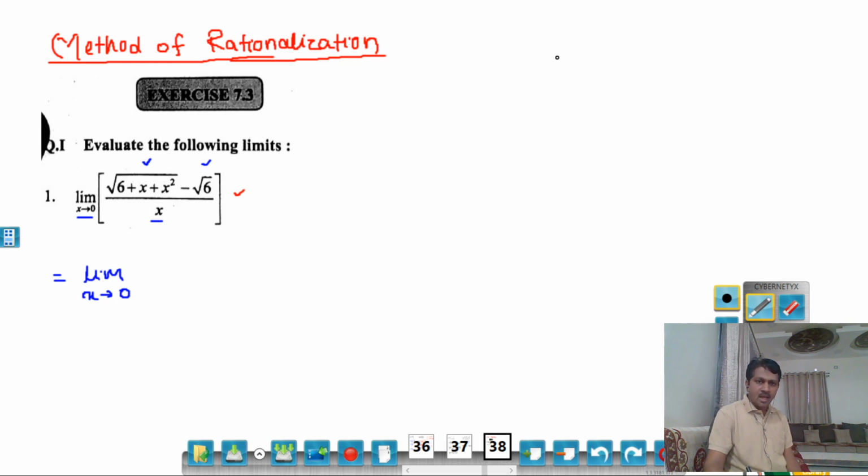Mostly to rationalize the terms having square roots, we use this formula for the product of the sum and difference of two like terms, a plus b into a minus b. This is the formula, you know, it is a square minus b square. So using this formula, if we have the two surds like this, under root a plus under root b into